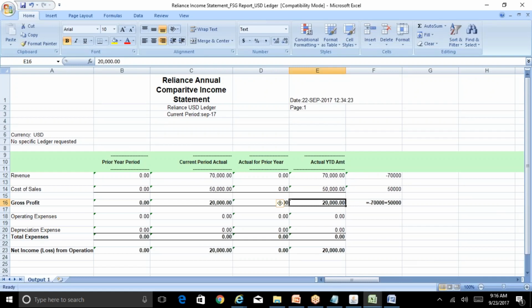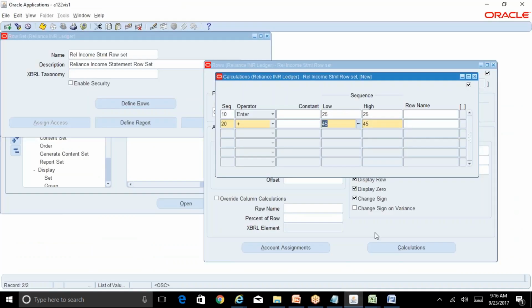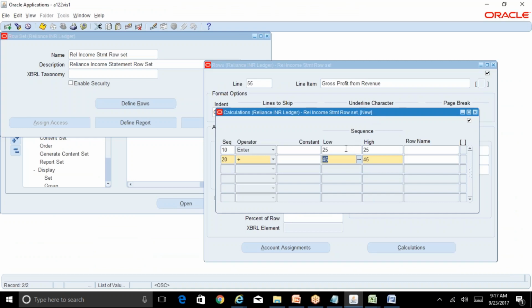Yeah, clear, Arvind. But one thing, can you go back to the definition screen? When you choose the sequence, this 25 and 45, how is it restricted to only those sequences which you created just now? Because it's a row set, right? And you are not linking it to any particular ledger, but it is simply restricting to those two rows only. The reason being,